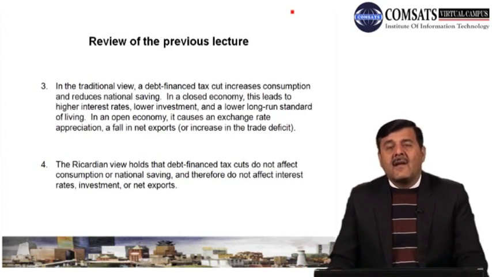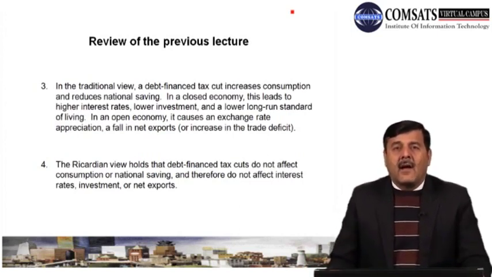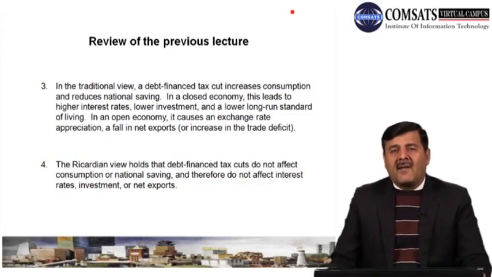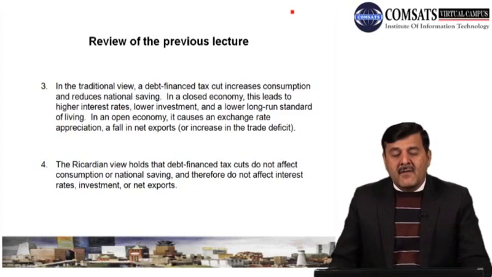After that we discussed, हमने ये बात की कि whether debt is really bad for the government or for the societies. So in this regard, to know whether that is bad for the societies or not, we discussed two views of the economists. One is the traditional view, the second is the Ricardian equivalence view. Now in the traditional view, जिसको हमने डिटेल में डिस्कस किया, a debt-financed tax cut increases consumption and reduces national savings. So when the government cuts their taxes, what will happen?